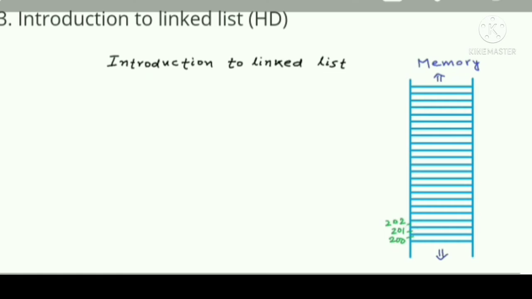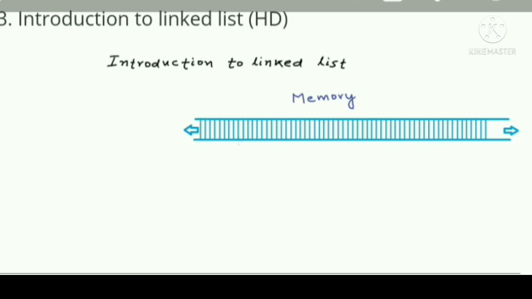202 and so on. What I want to do is I want to draw this memory from left to right horizontally instead of drawing it from bottom to top like this. This looks better. Let's say this byte here is address 200 and as we go towards the right the address increases. So this is like 201 and we go on like 202, 203 and so on. It doesn't really matter whether we show memory from bottom to top or left to right. These are just logical ways to look at the memory.